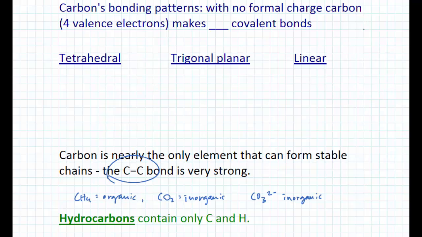If you think of something like CH4, each covalent bond gives it access to another valence electron from the atom that it's bonding with. Okay? So carbon is going to make 4 covalent bonds, and if we have all 4 covalent bonds, that's tetrahedral. And the proper way to draw a tetrahedral shape is like this,